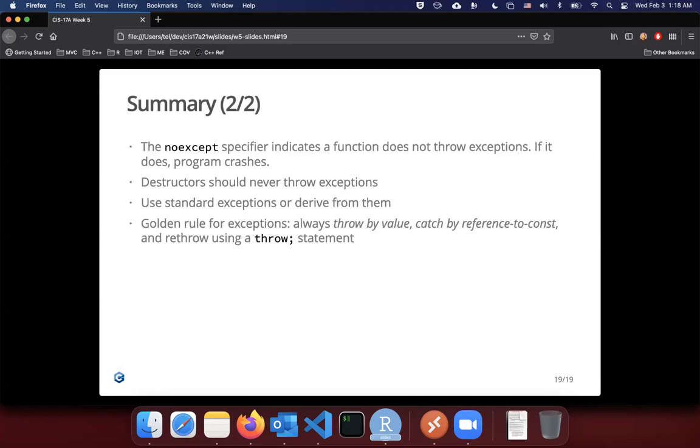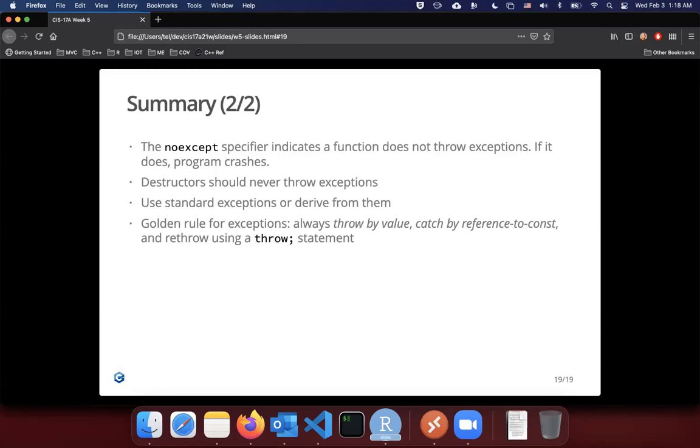And when you rethrow an exception out of a catch clause, you want to just use a throw statement without an expression. If you use an expression, let's say the catch clause takes a parameter named ex, and inside there you rethrow ex,